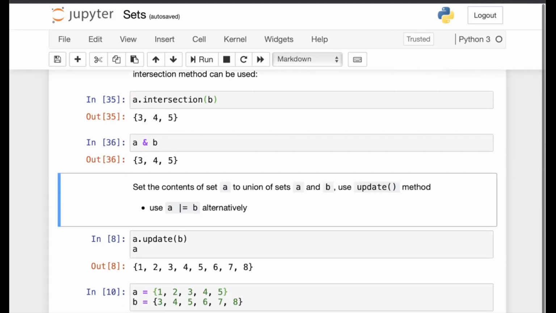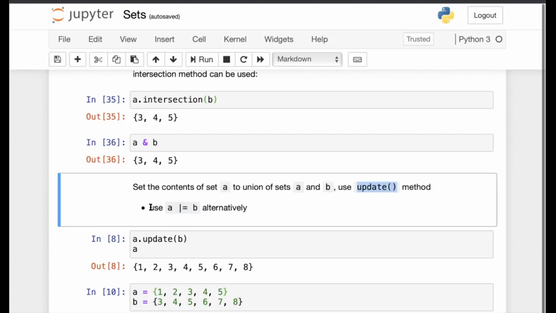Now, as we discussed, union and intersection operations do not change the contents of the original set. If you would like to update the contents of either the set A or B, you can use the update method while performing the union. So set the contents of set A to the union of sets A and B by using the update method.